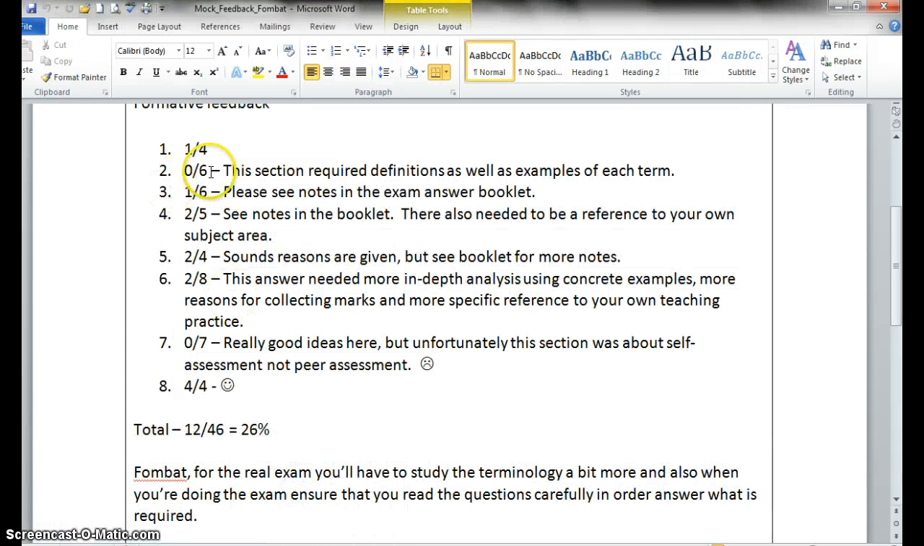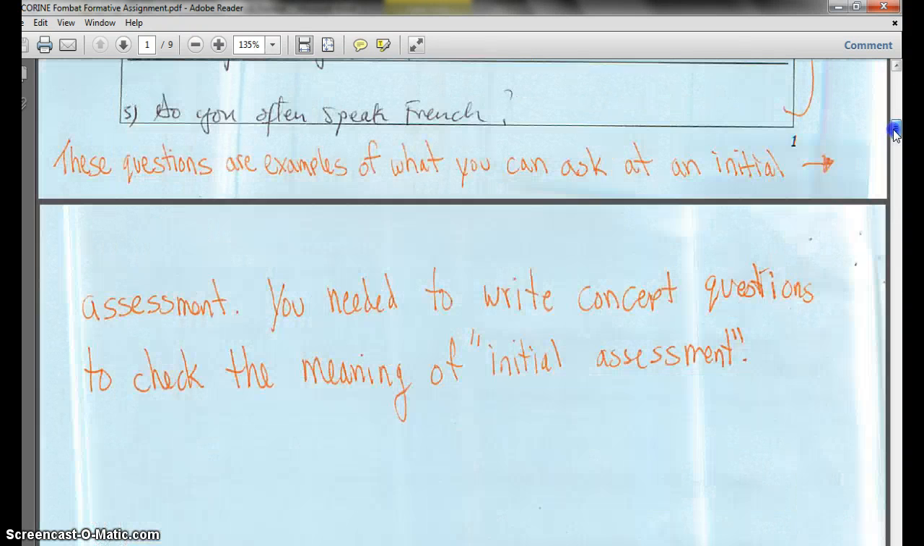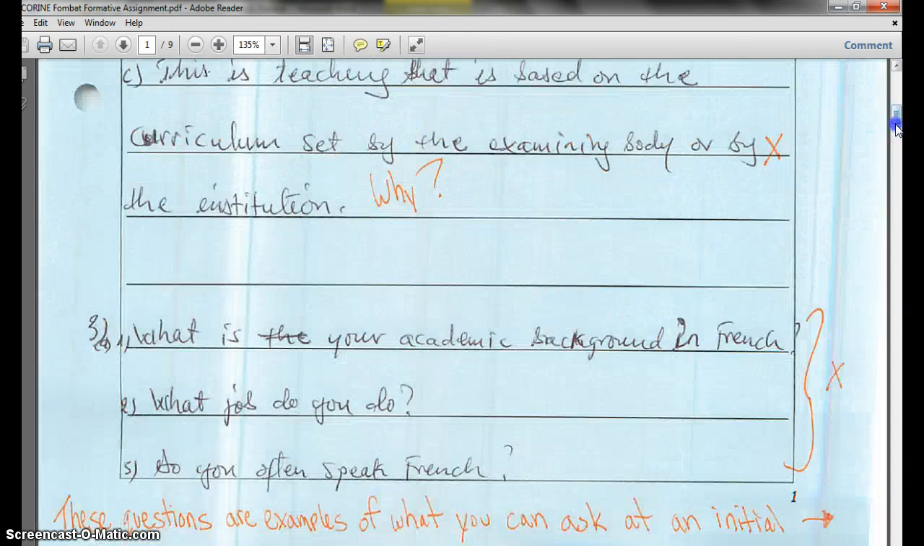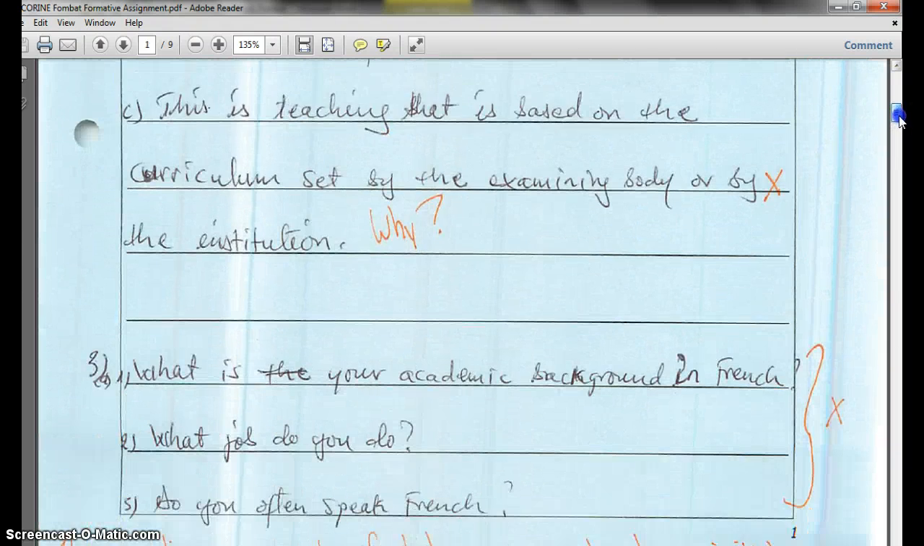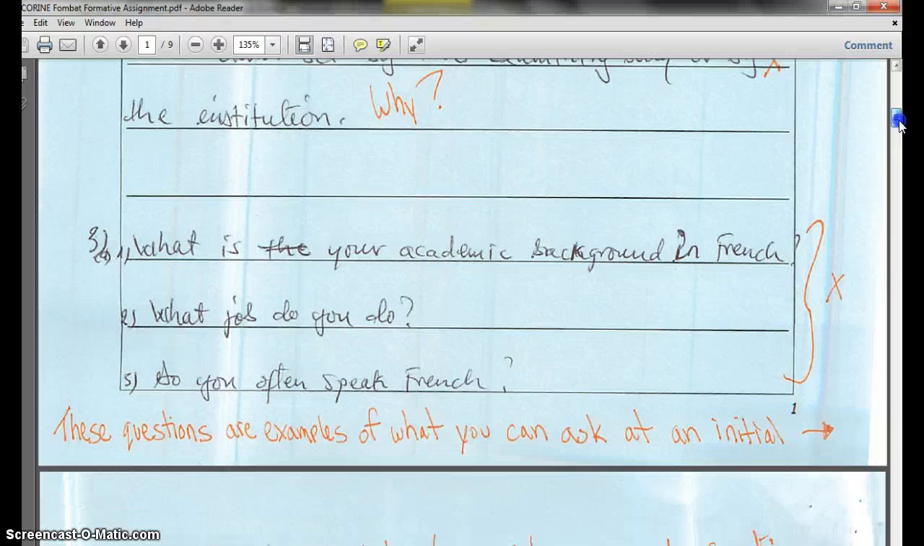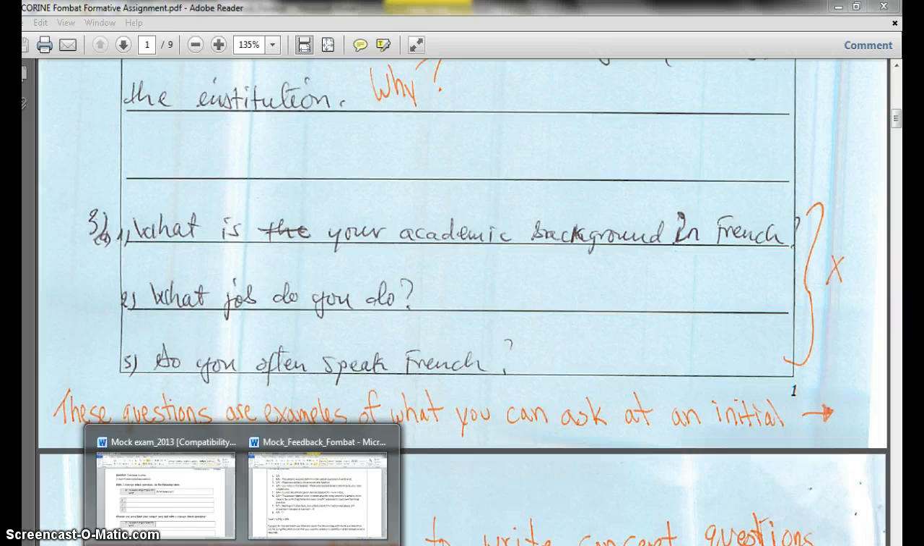For question number 3, you got 1 out of 6. And let's see how you did in here. So 3, what is your academic background in French? What job do you do? Okay, so I think what happened in this Fombat was